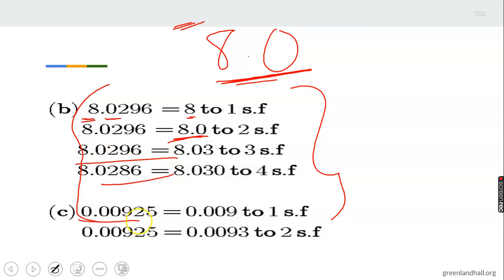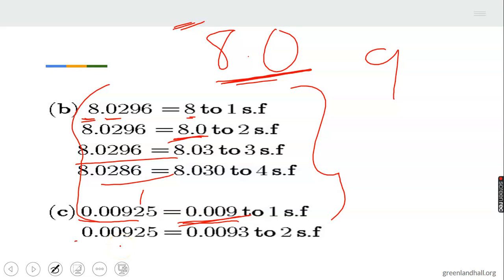Now, look at this one. The first non-zero number is 9. Before we can choose any number, the first non-zero number is 9. That means our one significant figure will be 0.09 because the next number is not up to 5. So every other number after 9 becomes 0. That's why we have 0.009. Now, to two significant figures, we have